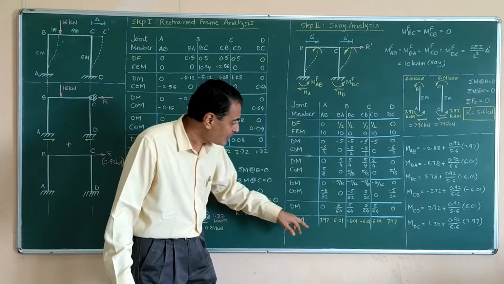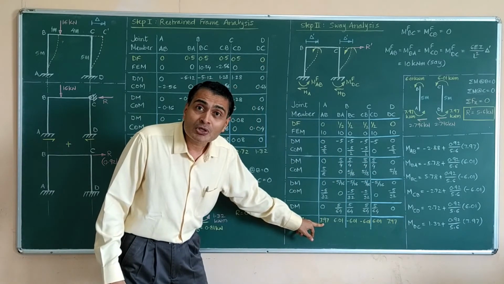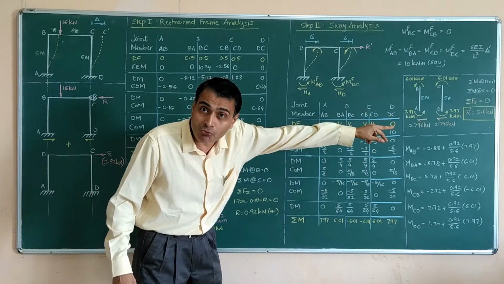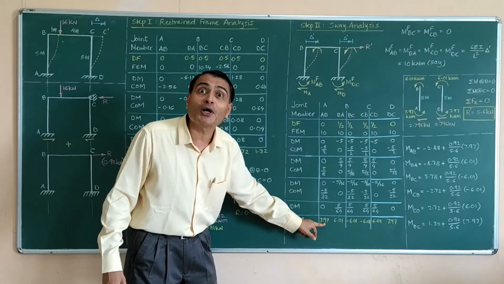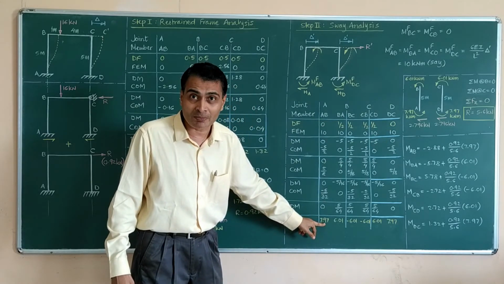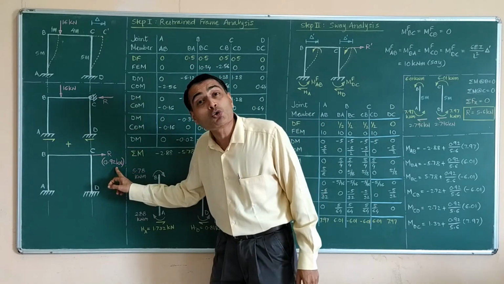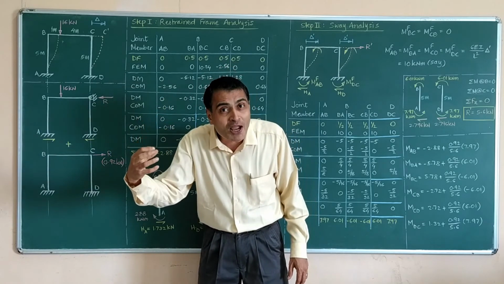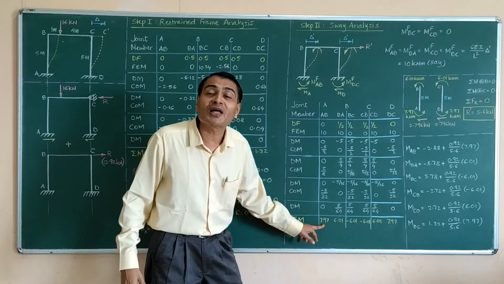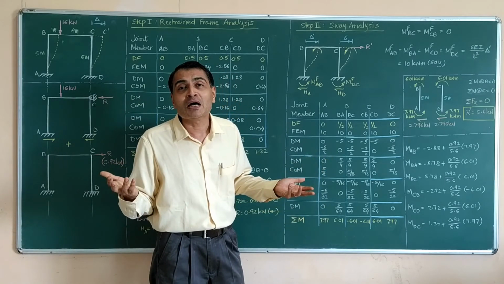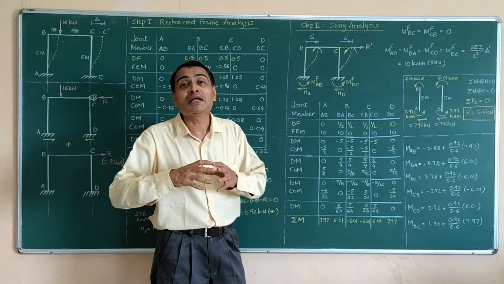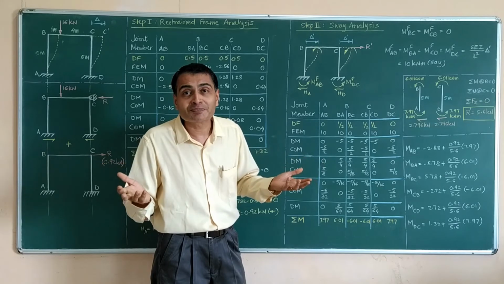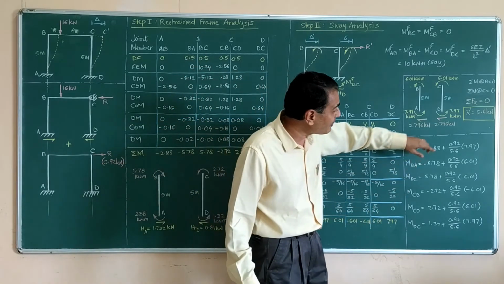For example, M of AB. So my argument is 5.6 kilonewtons of rightwards force generates 7.97 kilonewton meter of M of AB. Then 0.92 kilonewtons of rightward force will generate 0.92 upon 5.6 into 7.97 M of AB. A very simple linear extrapolation. A very simple linear calculation. So that is precisely what I have written here.